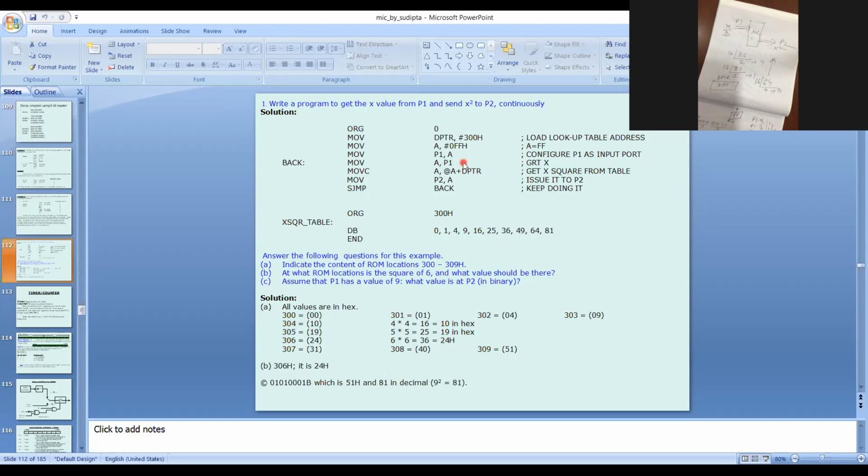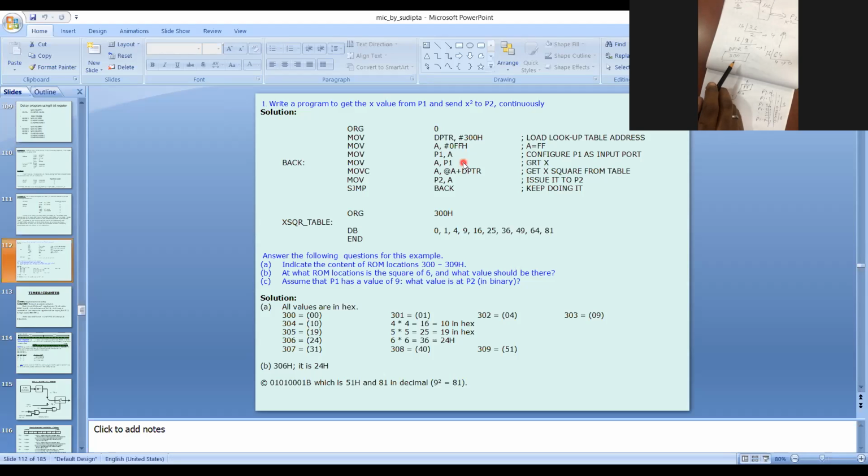Okay, sir. Sir, what is the value of DPTR? So 03, not 0300. DPTR value is 300. So 300 is the value of DPTR, right?